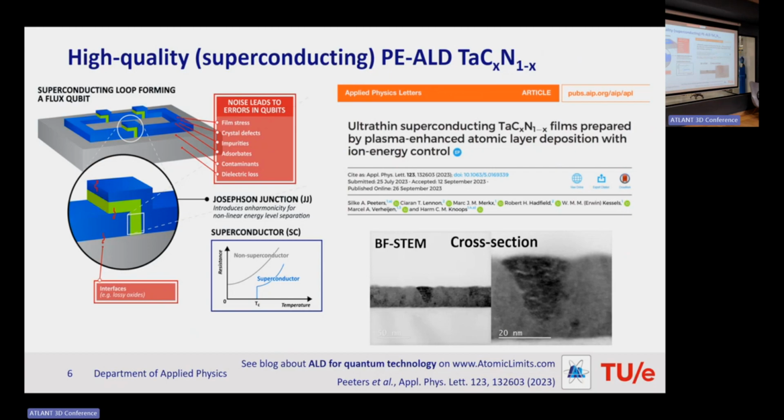And the common methods right now in the lab are not scalable, so people are looking into ALD. And what we found out is that we can make high quality tantalum carbon nitride films, ultra thin, superconducting, by plasma enhanced ALD using ion energy control. And the process,